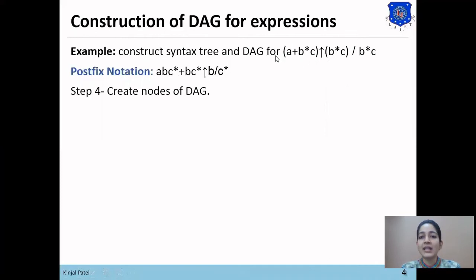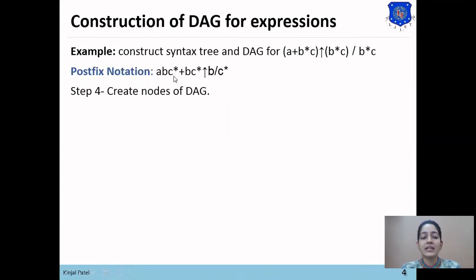In the given expression you can see that B star C is repeated 3 times, but actually B star C is repeated only 2 times, as the division expression gets computed before the third B star C, so that B star C will not get computed in the postfix notation.